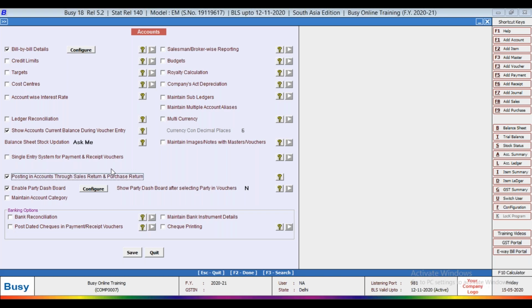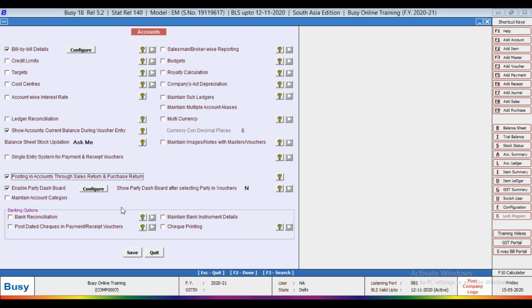Suppose you have made a sale invoice of 100 quantity to your vendor, and after a few days it has returned some of the quantity on those bills. So you have to enter the sales return. And if you return the same quantity to your sundry creditor, then you have to make a purchase return. So both are vice versa. Let me show you on the screen how it will work.